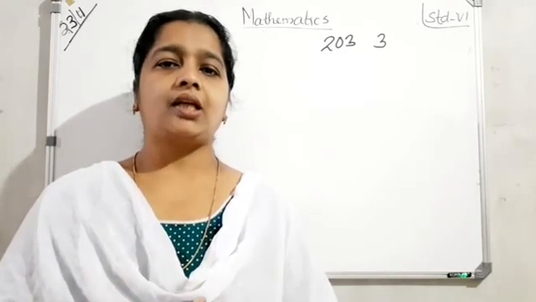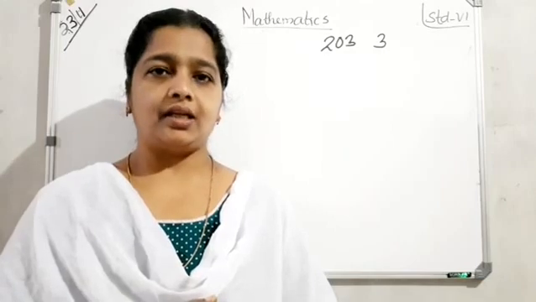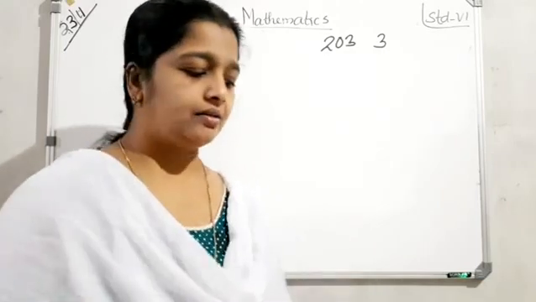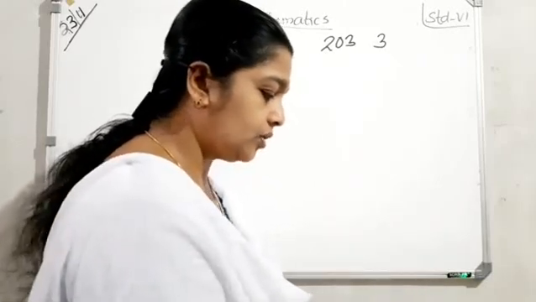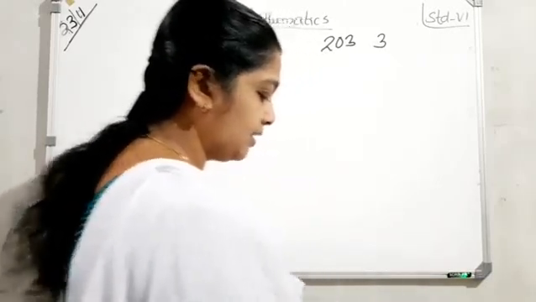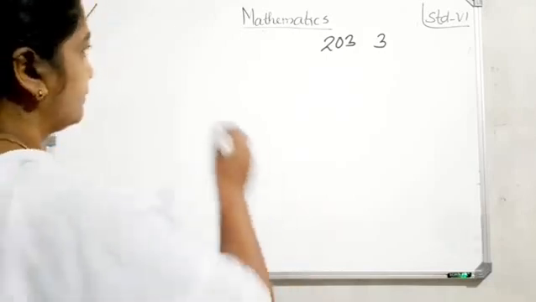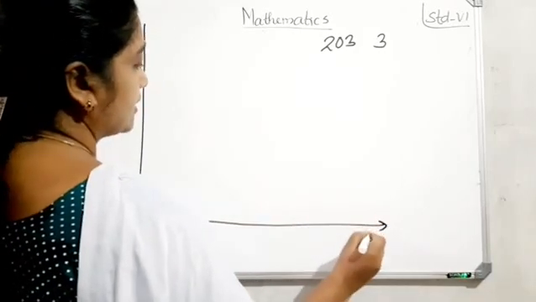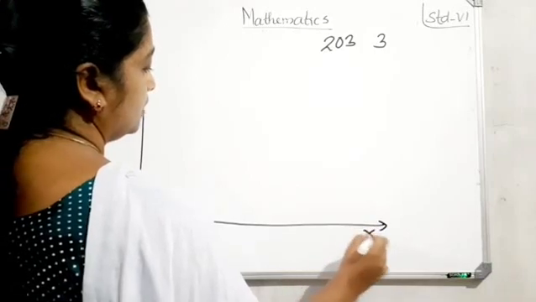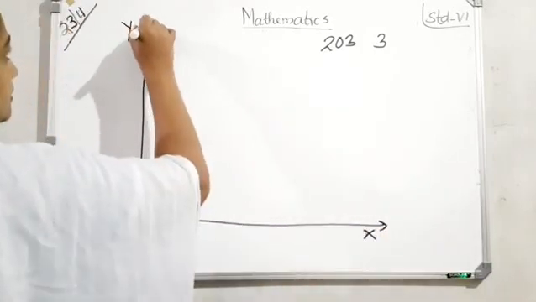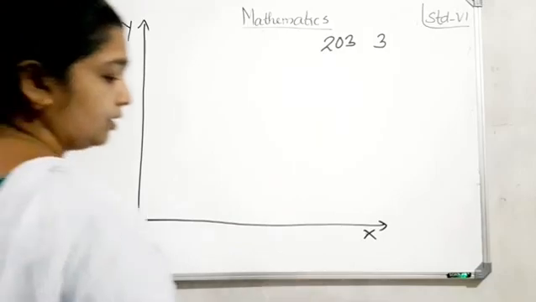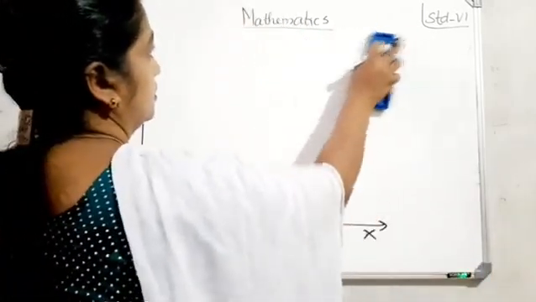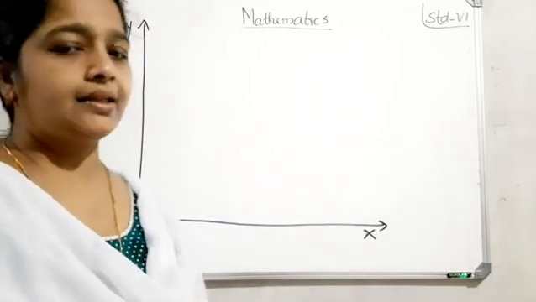So which scale can we choose here? Yes, 1 unit length equals 100 bicycles. Understand? First we draw the x-axis, then the y-axis, then here 0. All of you must listen here.